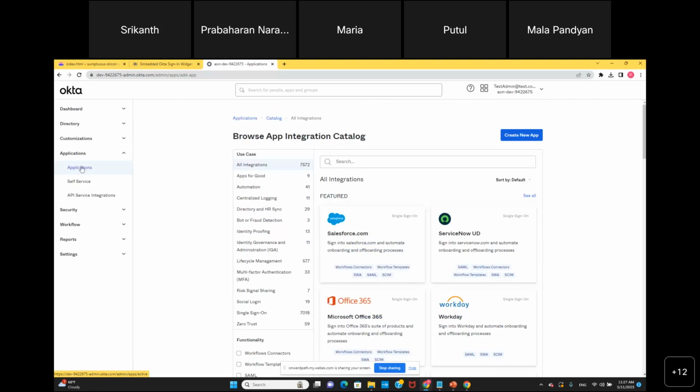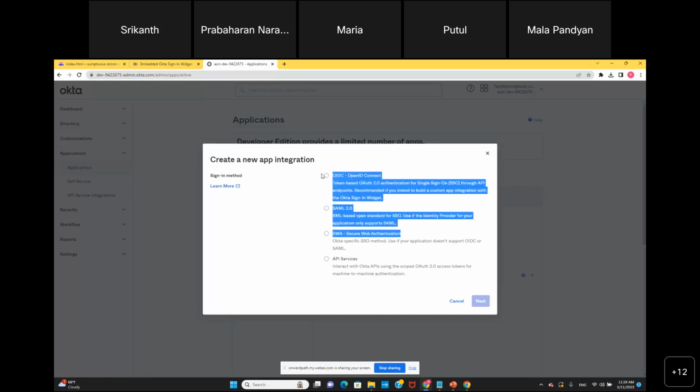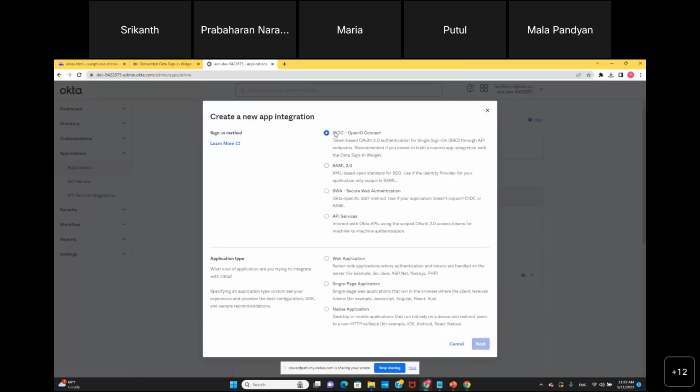That is one thing. The second one is, most of the applications in your organization, you'll be going by this approach. Here you have multiple protocols. As I said, these are the 3 protocols we covered: OIDC, SAML, and SWA. And in OIDC, if you go,